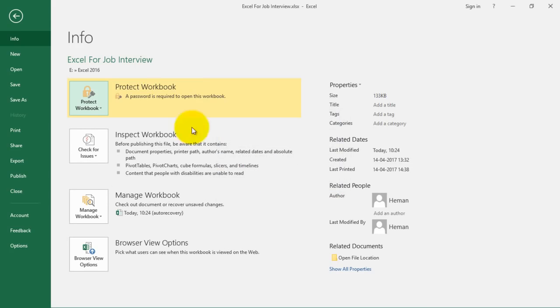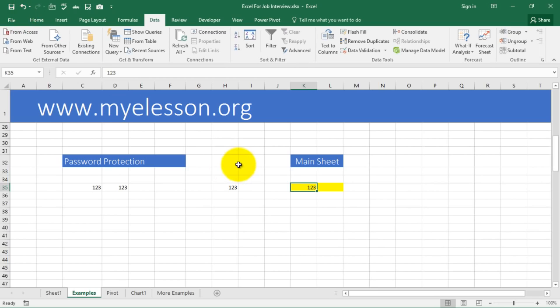Now you see the color has changed to yellow. If you email this file to anyone, or if I try to open it, it will ask for a password. So that's password protection. Now if you want to protect the sheet so that nobody can edit anything over here,